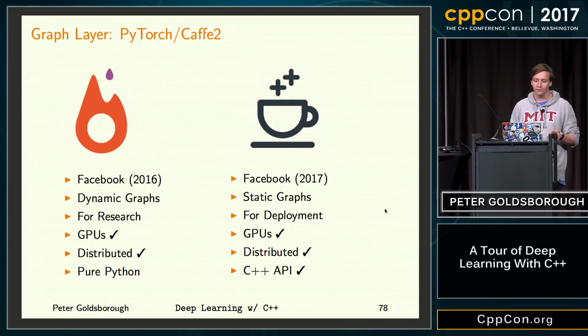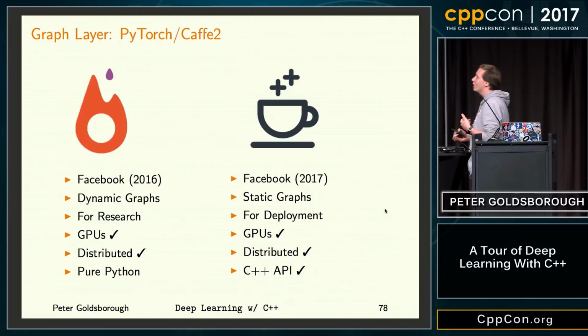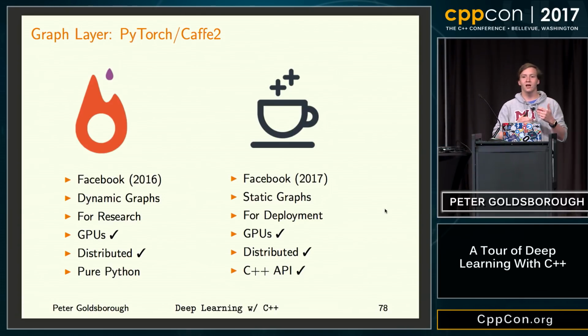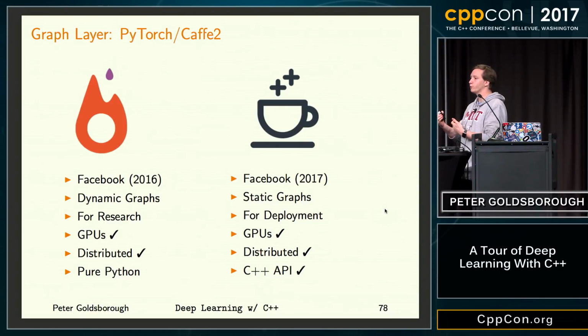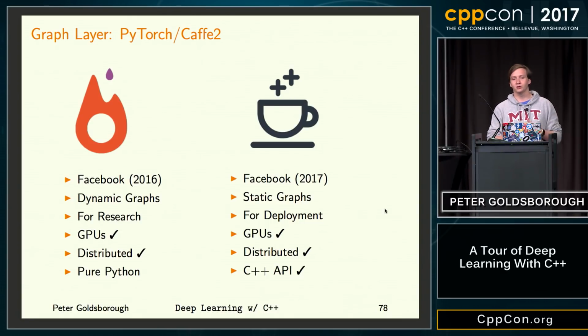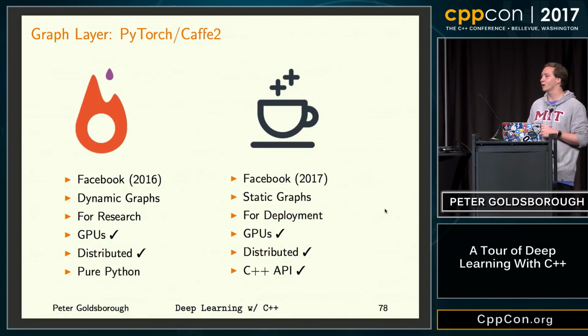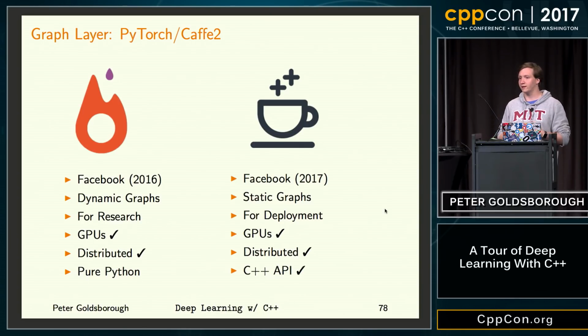So PyTorch on the left uses dynamic graphs. And dynamic graphs are actually a lot nicer to work with from a research perspective, because you can use Python's native control flow. You can actually use if clauses and actual while loops. And that makes a huge difference, especially in terms of debuggability, because your while loop is not in a graph somewhere on a distant device. So that makes a big difference.